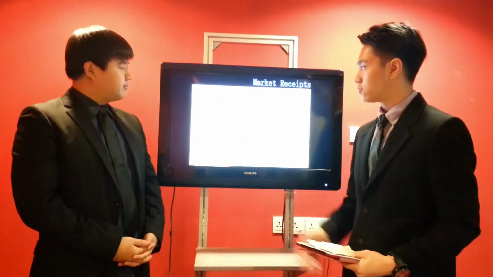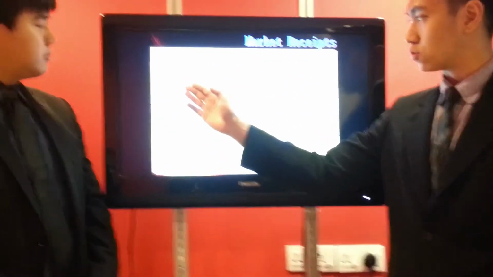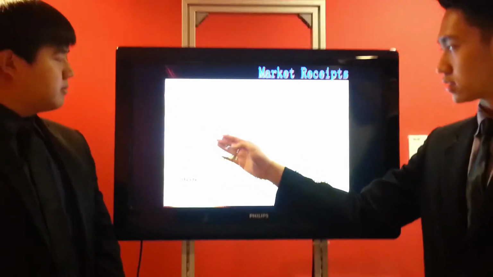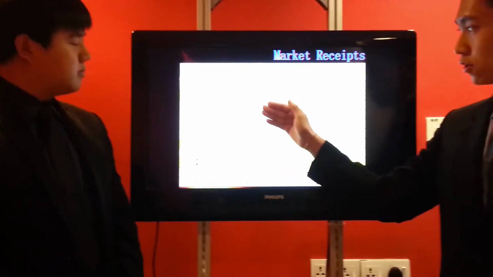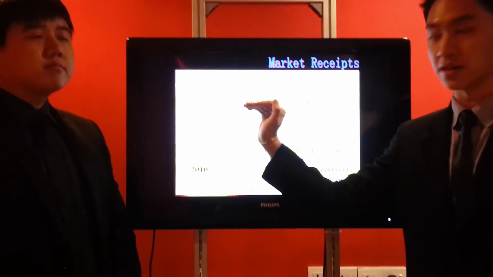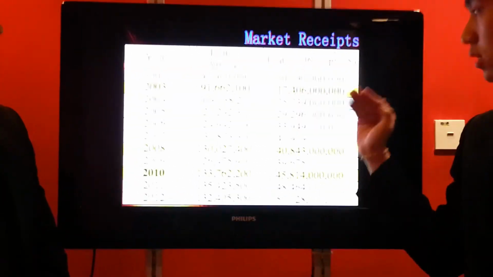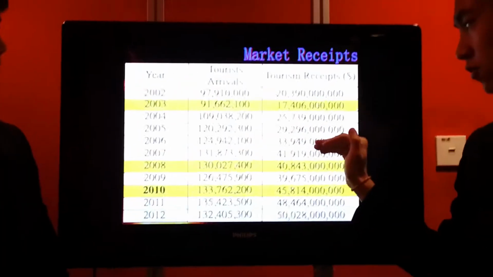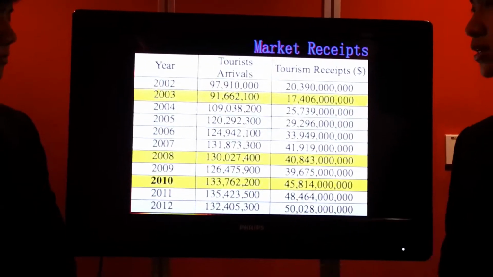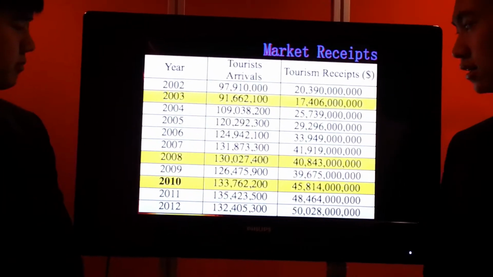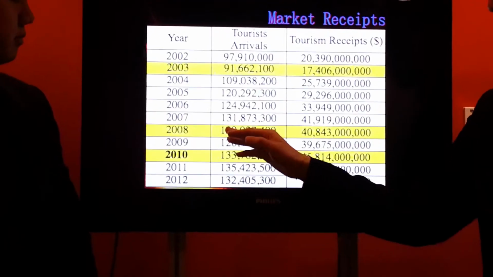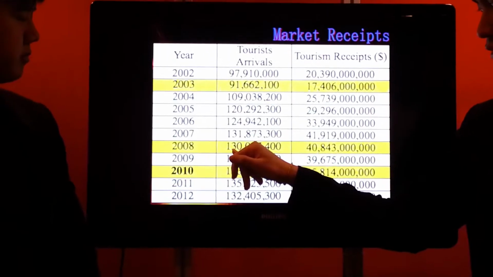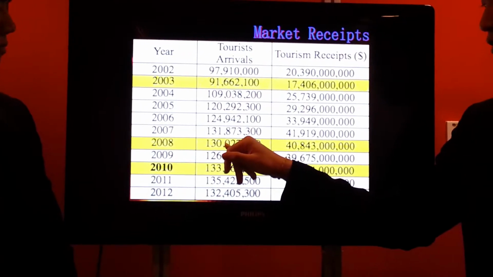Okay, we continue with the next years. From 2004 until 2007, the tourist arrivals keep going up after the SARS virus, and the tourism receipts also keep going up considerably. Then in 2008, the tourist arrivals went down slightly, around 1